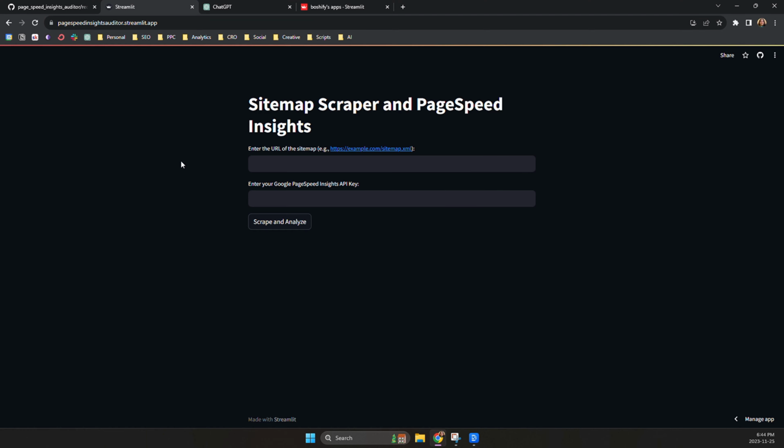All right, now that the app has loaded, here is version 1. As you can see, it's got two fields, one to enter the URL of your sitemap and the other for the Google PageSpeed Insights API key. Before we run this app, I'm going to do one additional step, which is moving the API key